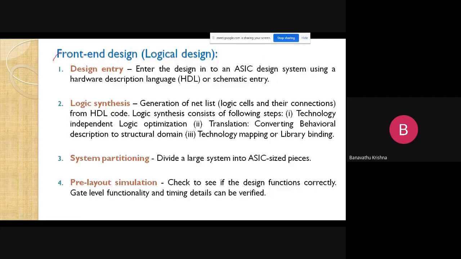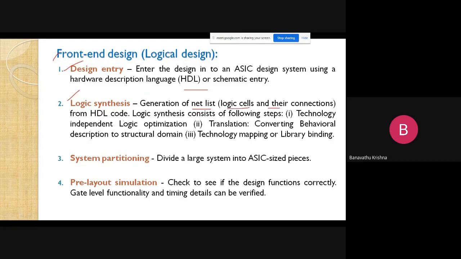In the front-end design, design entry means entering the design into an ASIC design system using a hardware description language, that is VHDL, or schematic entry. Next, logic synthesis is the generation of a netlist, that is, logic cells and their connections.